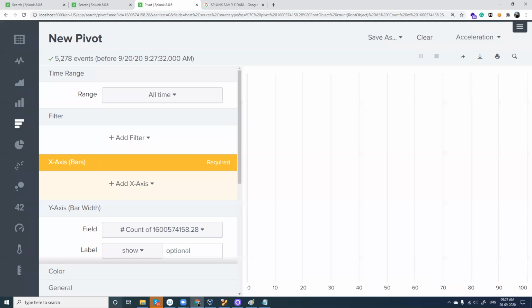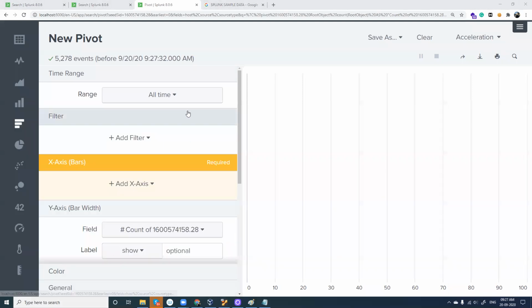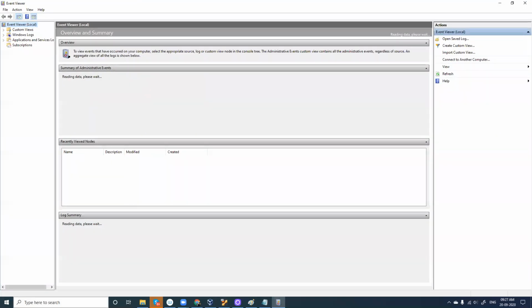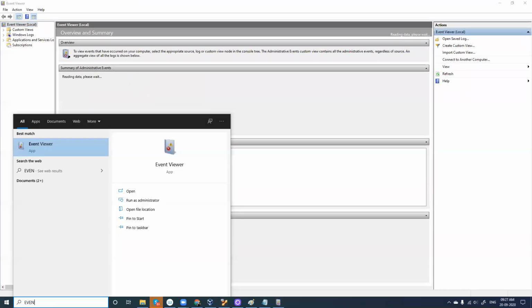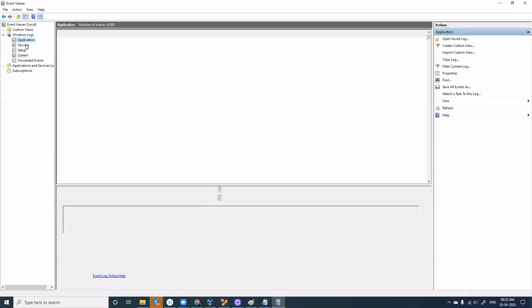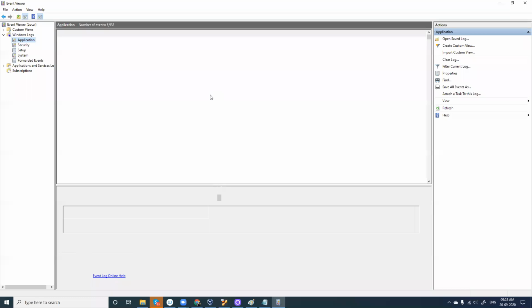On your PC where this data is located, you can go to Event Viewer. I've typed Event Viewer here, and when you open this, you will have Windows logs, application logs, security logs, a lot of logs, but sometimes it will be tough to analyze all the logs from the default Windows application.